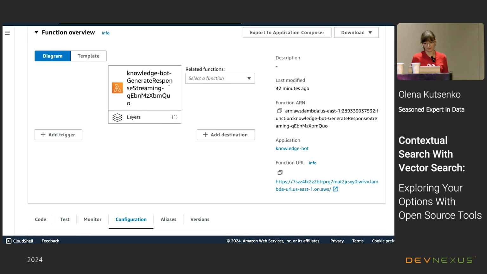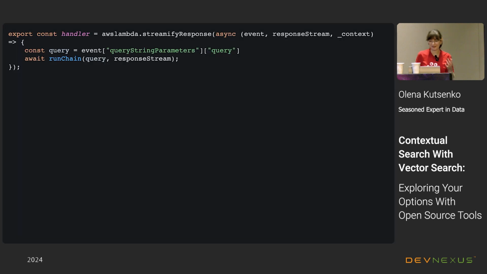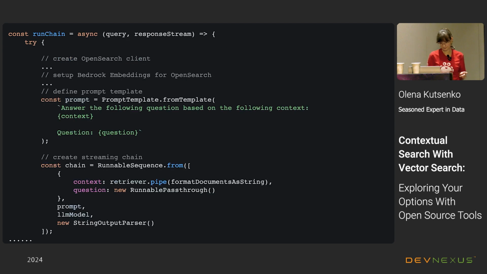The first Lambda I had in Python, and I wanted to be consistent, but the problem is that with AWS Lambda I wanted to use a streamified response, which can chunk the response and retrieve it in pieces, like when you see a chatbot or ChatGPT talking to you, it gives you small snippets because it takes time to produce those. I wanted to have the same, but only Lambda with JavaScript supports that. So we are using some JavaScript code, and then